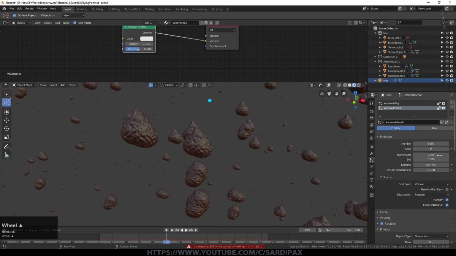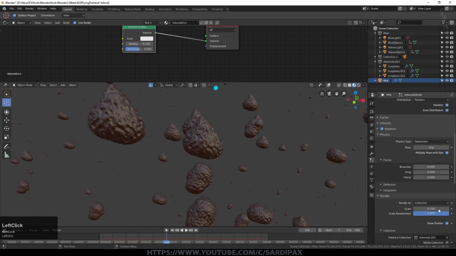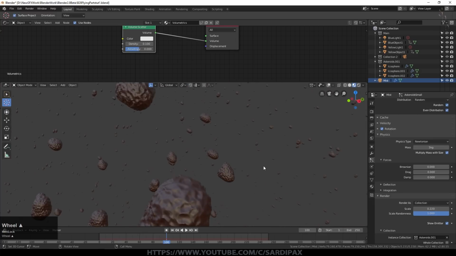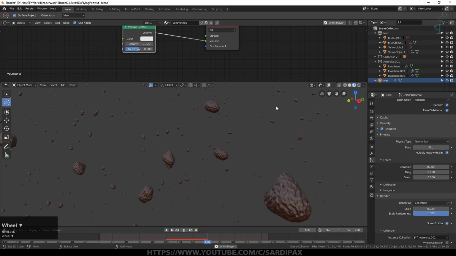And as I mentioned before, let's just set the seed to a different random number, and then they won't coincide with the same space. And I'll set the scale randomness right up, which means we'll get really tiny ones. Perhaps we'll increase the scale a little bit for this particular scene. You now can see we've got lots of these really, really tiny ones and a few of the really large ones.